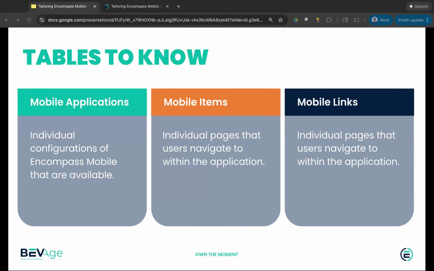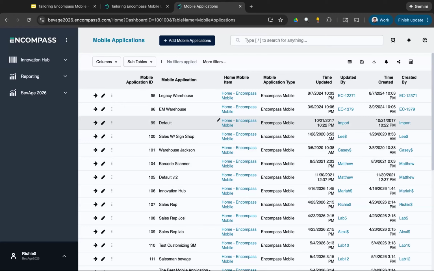So here in this BevAge site, we have quite a few that we've gone through. When we did this during BevAge, we have a bunch in here, and that is fine. What I'm going to do here is kind of show you what you would do if you did not have all of those. So in order to make a new mobile application,